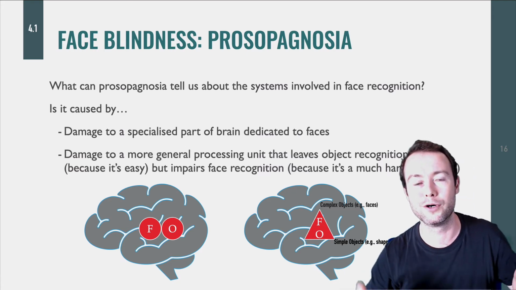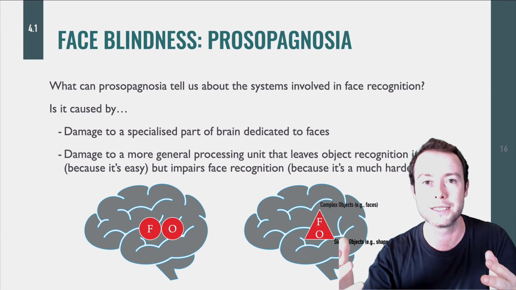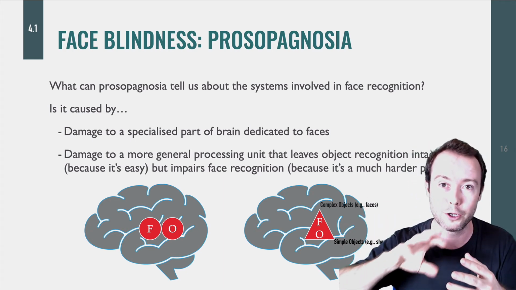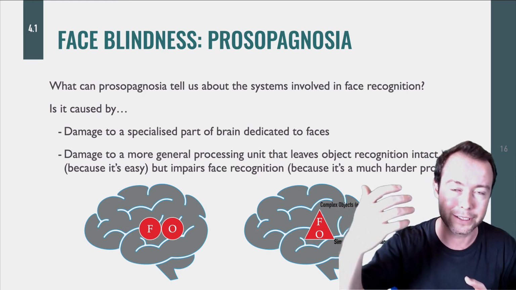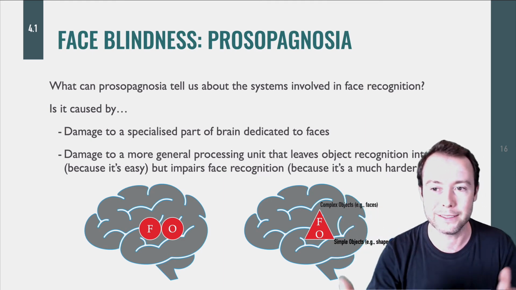So you've got damage to this general system, and the damage isn't severe enough to knock out object recognition, but it knocks out the more challenging versions of object recognition,